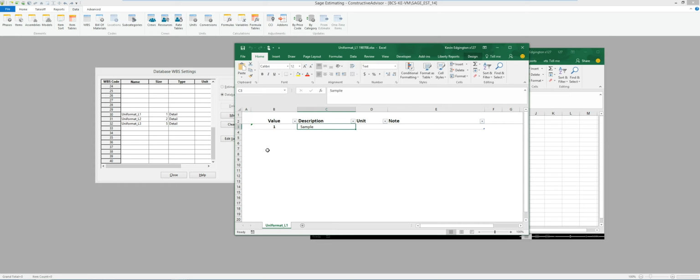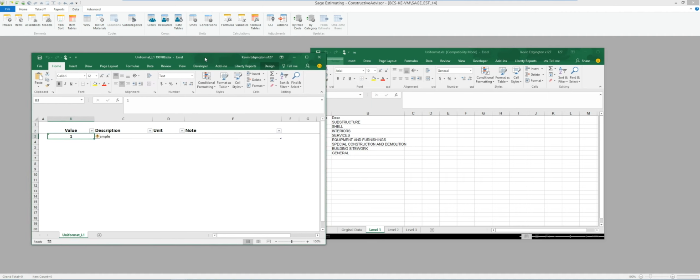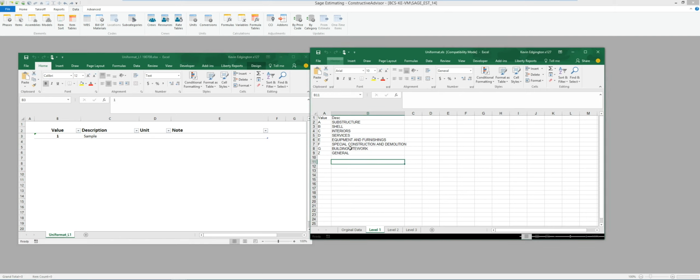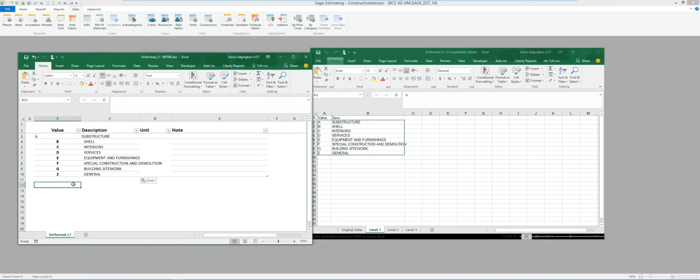The main thing why I put something in there is I wanted to confirm what each one of these columns was. So that way, maybe I didn't know what value was or didn't know what description was, it would just confirm which ones I should be putting my content in. So in my case, I'm going to go ahead and just take the information from this list here. Now, whether I kept the sample one there or not doesn't make any difference, because since the system would already find that it's already in the system, it wouldn't do anything with it anyway. So whether I kept it or got rid of it.